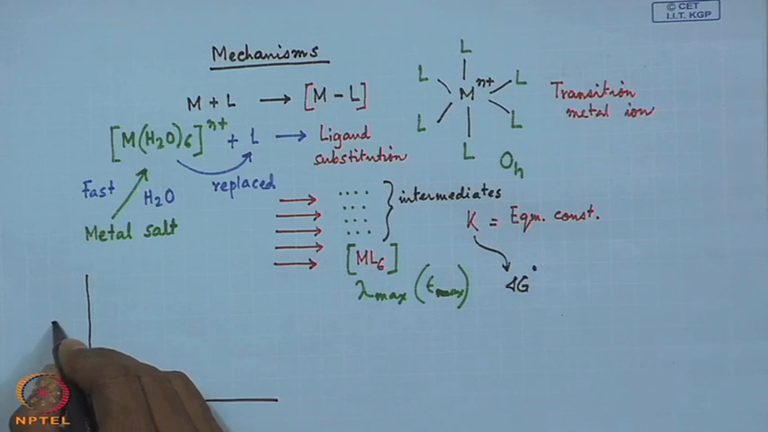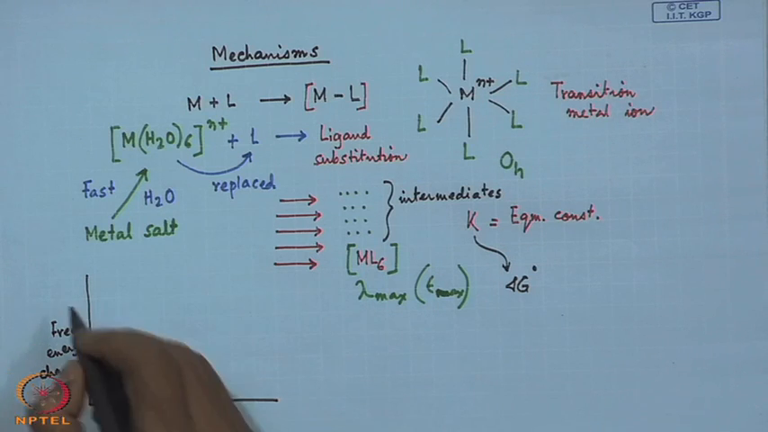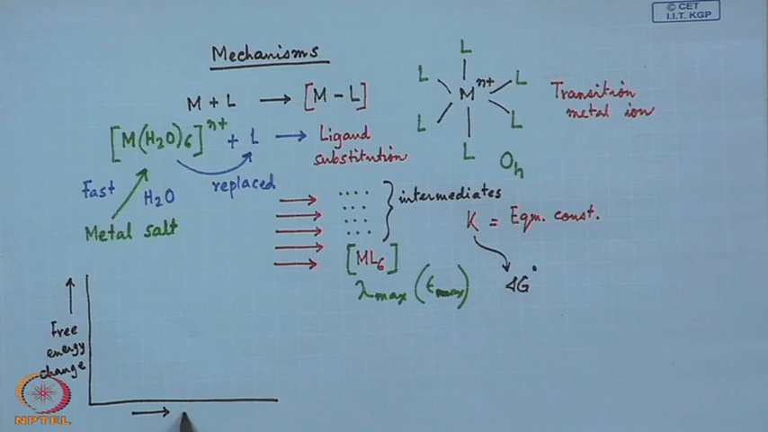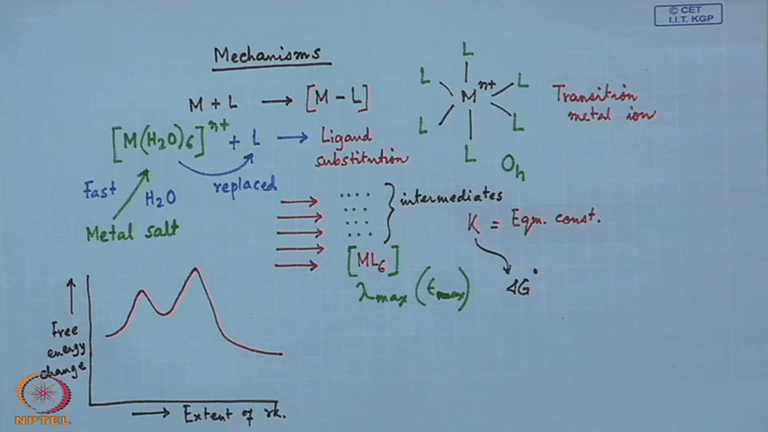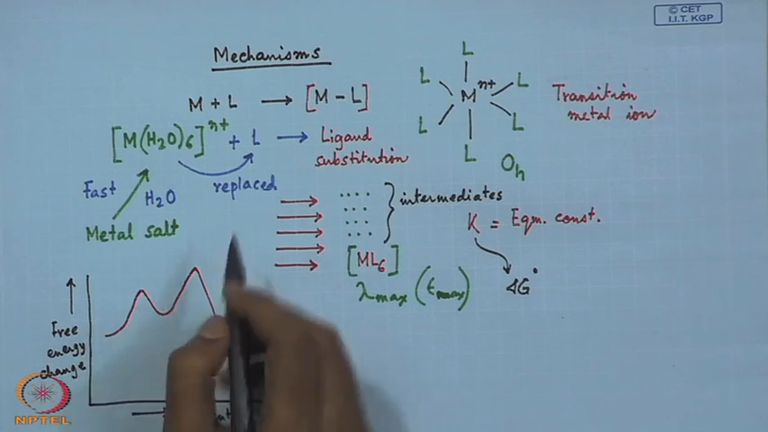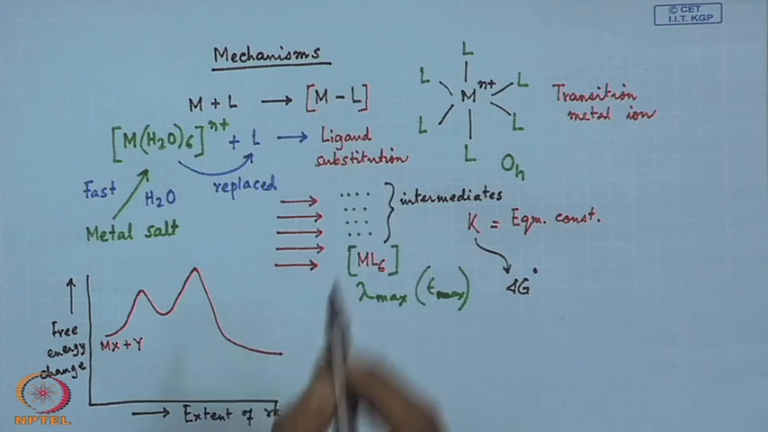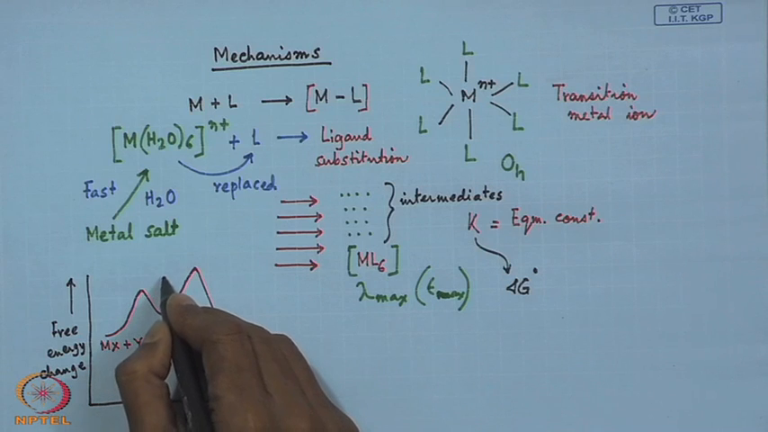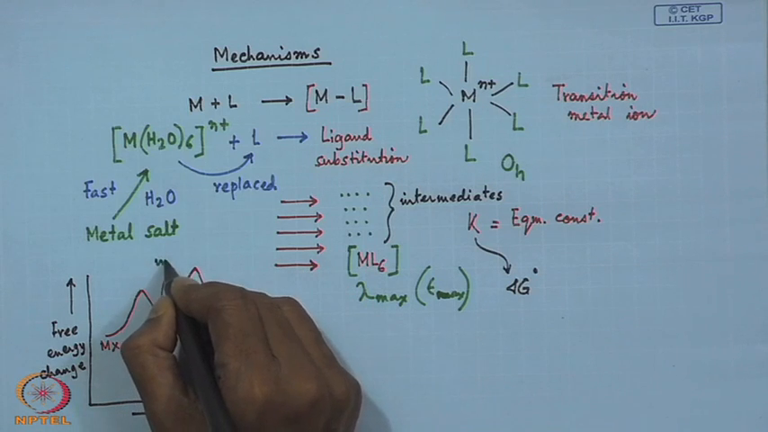So, if we have the free energy change along this axis and the extent of reaction on the other axis, and if we consider that the reaction is approaching through this path where Mx is reacting with Y, Y is nothing but our L, X is nothing but our water molecule, then at this particular point we have a stabilized part, and if this stabilized part can be detected, we have the stability